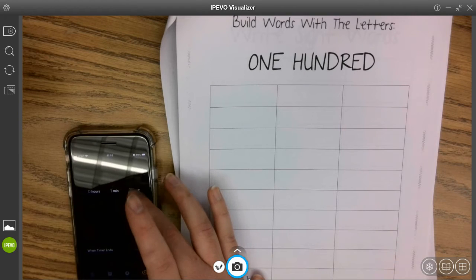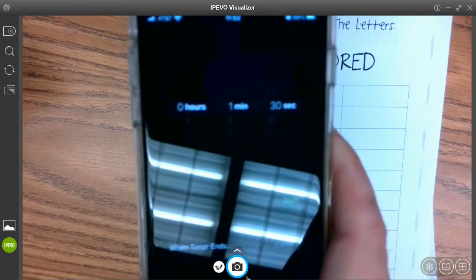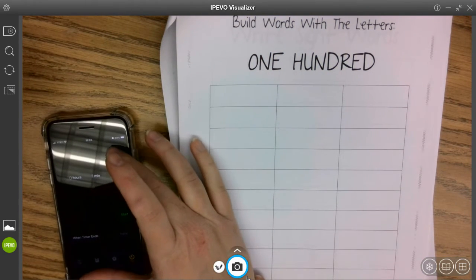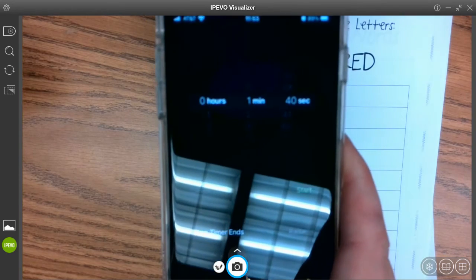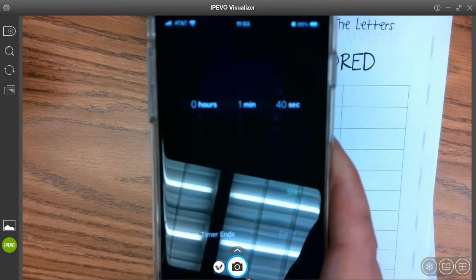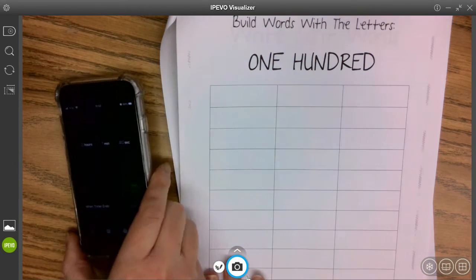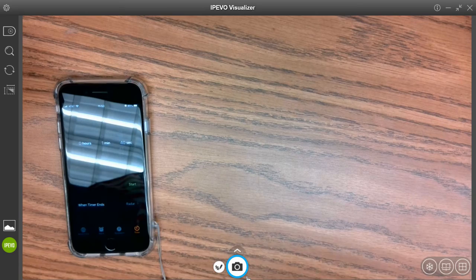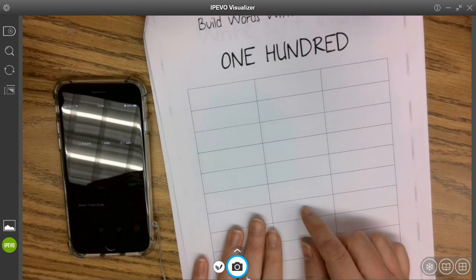So I'm going to put that on my timer here. Okay, so you can see I have 1 minute. Oh, I said 30 seconds. I meant 40 seconds. 1 minute and 40 seconds is 100 seconds. 1 minute is 60, 6 tenths. 40, 4 tenths. 6 plus 4 is 10 tenths. So 100. Okay, so I have 100 seconds on my timer, and I am going to push start and see